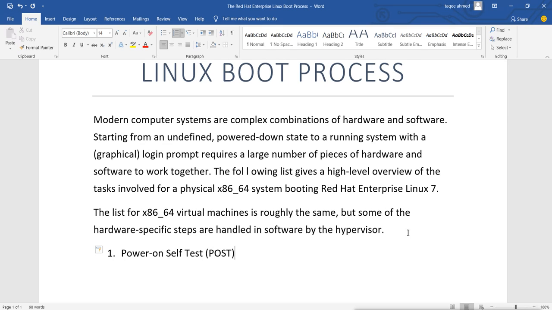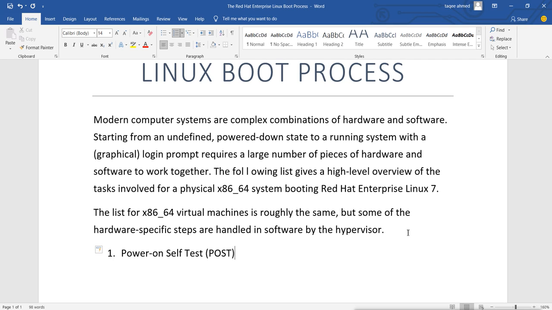It does a self-test of the connected hardware, which is working and which is not working. If some important piece of hardware is not working, it will terminate the boot process and stop. Your system will halt and give you an error that this or that is not detected. This is the job of POST: to check all the hardware, whether it is running or not.